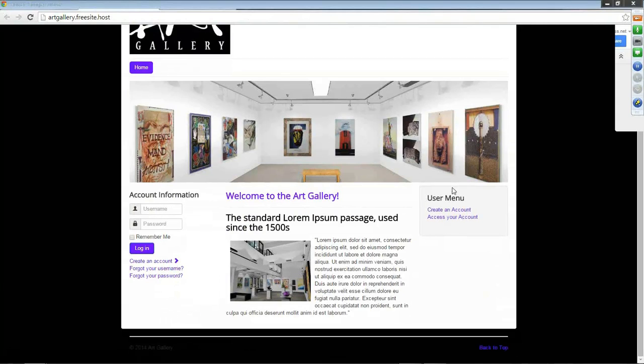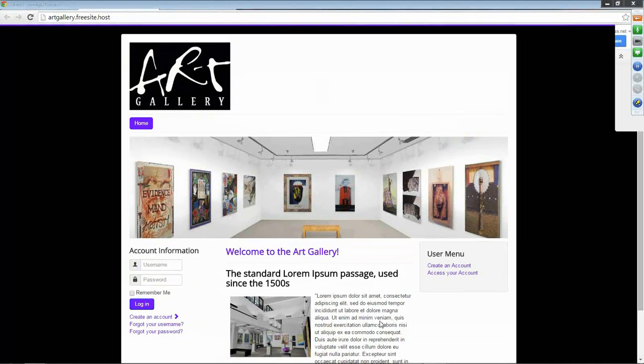So a lot of these options that are available in the menu we created are also available here. You can create an account. Now let's talk about the user manager more in a little bit. We'll add a user to the site. We'll show you how to give them access to different areas. Okay, but for now,